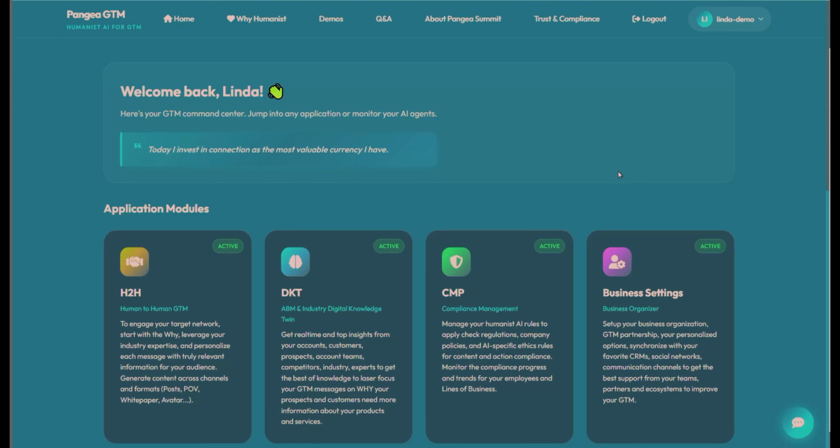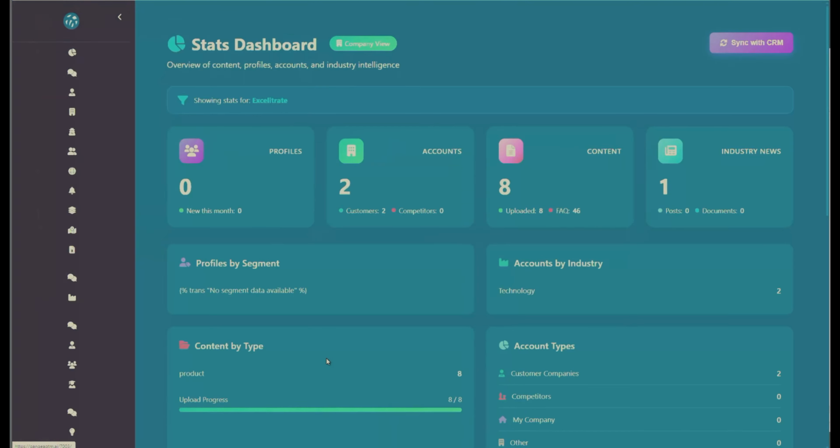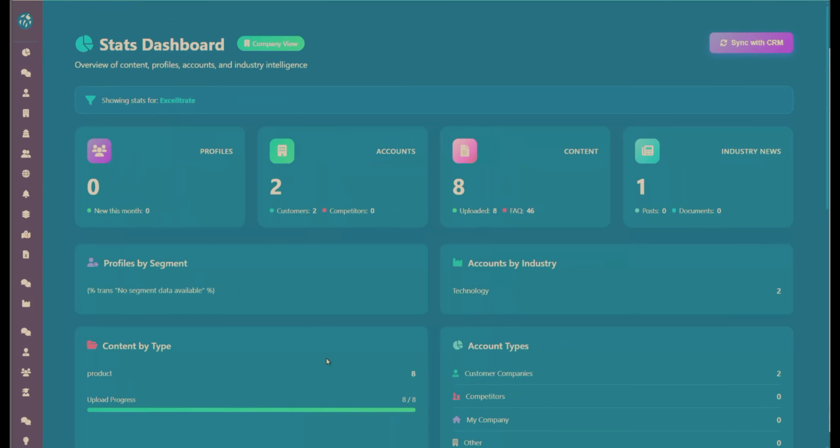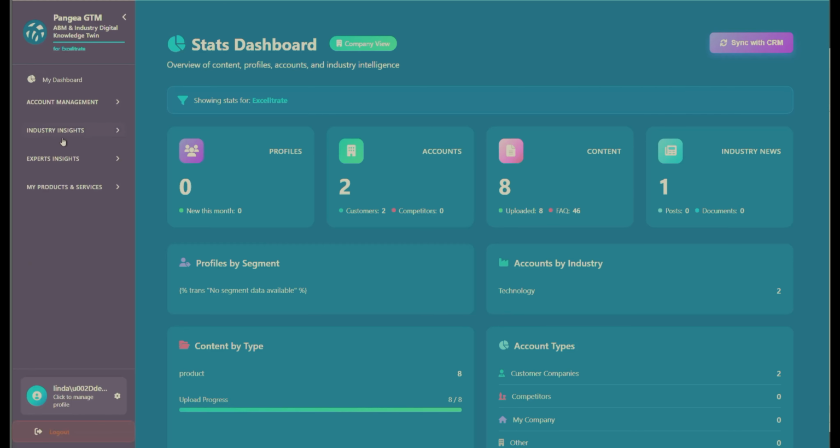Now that we have seen how to configure the company, let's see what we can do in terms of content management. The platform allows you to manage your content. We have 4 major sections: account management, industry management, expert opinion management, and product and service management. In product and service management, you have the ability to associate your content with what we call the sales play